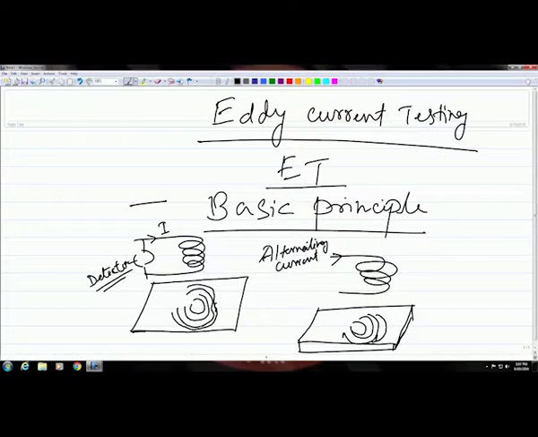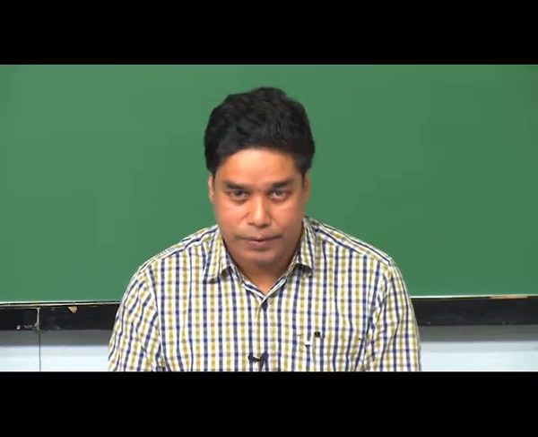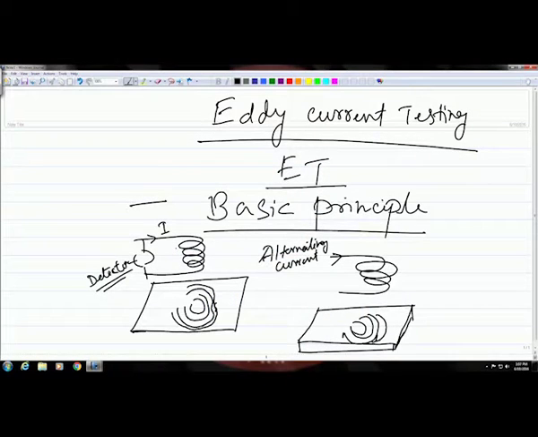Okay. So, these eddy currents that you have, they are limited to the surface only, and that is why this technique also is a surface NDT method. Okay. But the question here is, how do you detect that change, because this change because of a small discontinuity will be very small. Okay. So, if you want to detect that by a sensor connecting to this coil, how do you do that, and what parameter actually you would look for to detect that change.